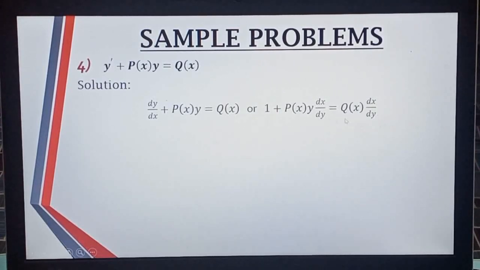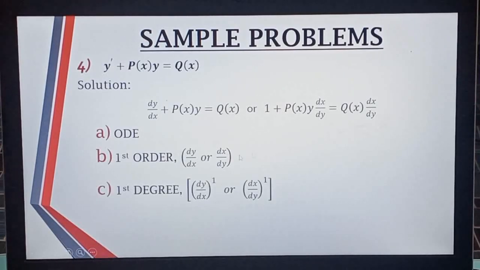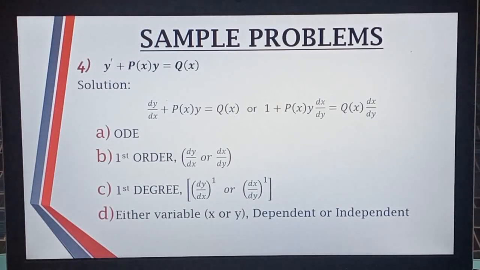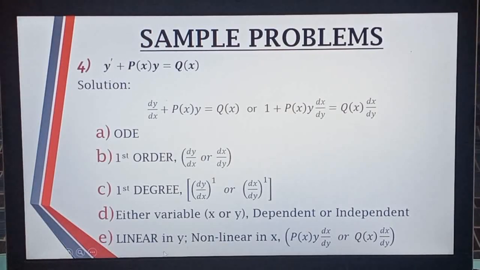So in the equation, it uses d. So this is ODE. Then identify first the highest derivative. So we will be having first order in terms of dy over dx or dx over dy. Then next is first degree since the exponent of both sides is also 1. So any equation, it will be having first degree. Then again, it can be either variable of x or y, dependent or independent. Then lastly, this can be linear in y,